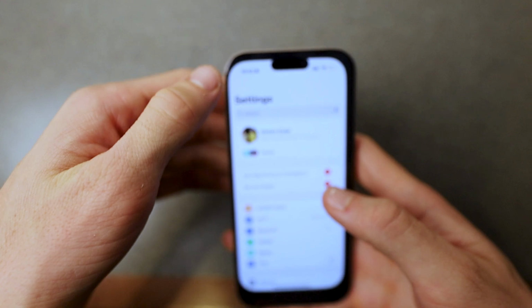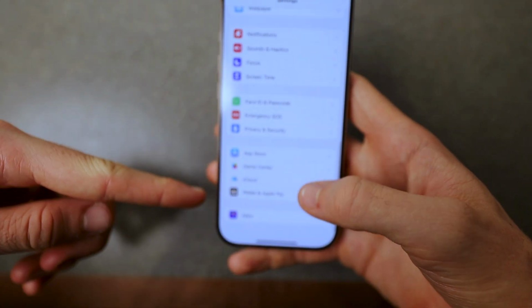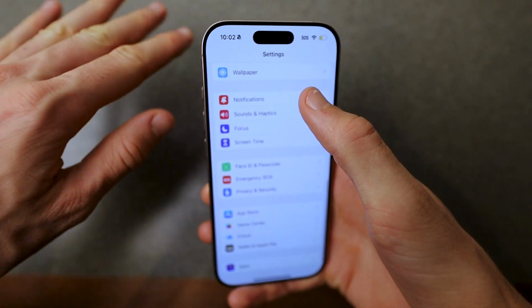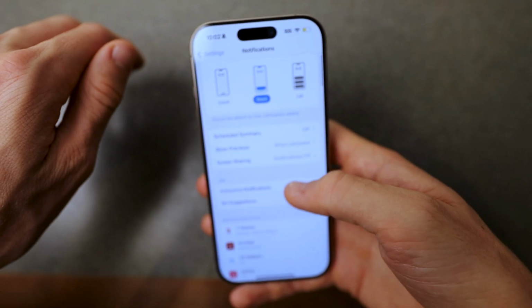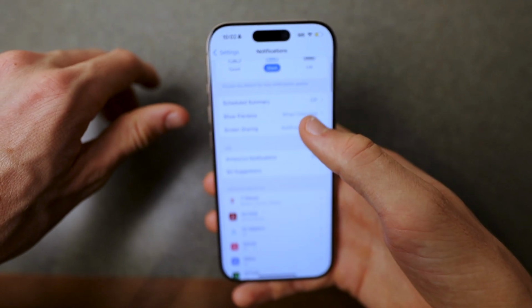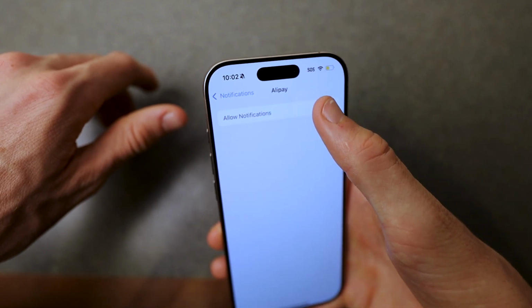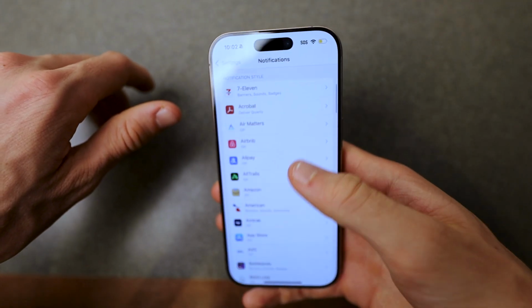to do, you go to settings, scroll to the bottom, and click on the apps option, or you can click on notifications if you'd want to do every single thing and not just an individual app. As you can see, you can choose which notifications are silenced. I'm going to click on this one. You can turn them on and off depending on the apps if you just click on any of these, or